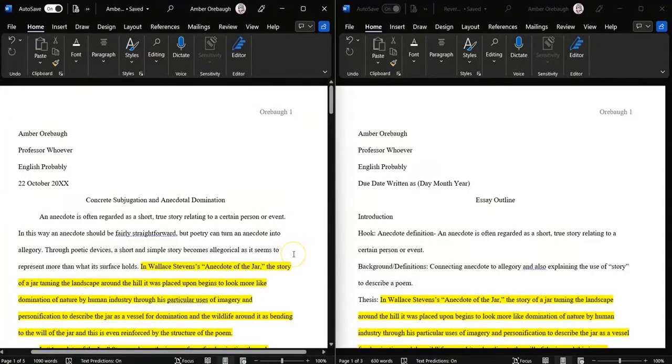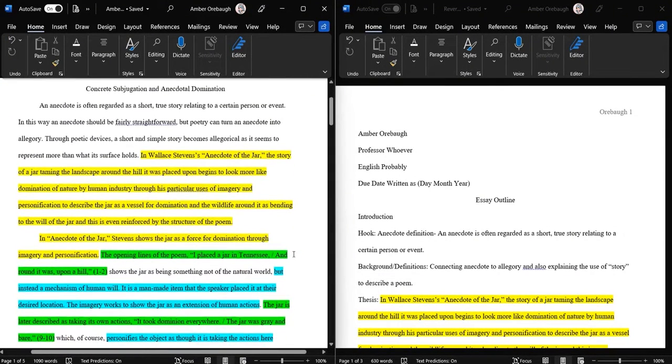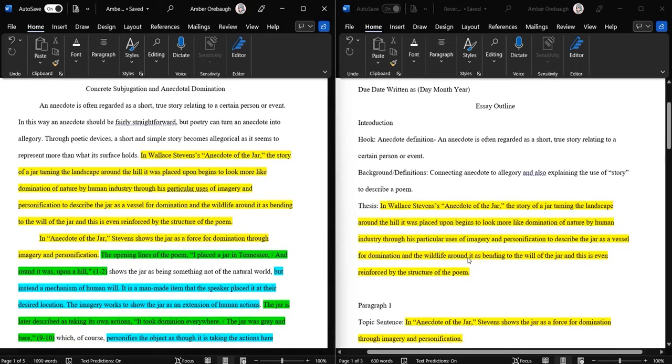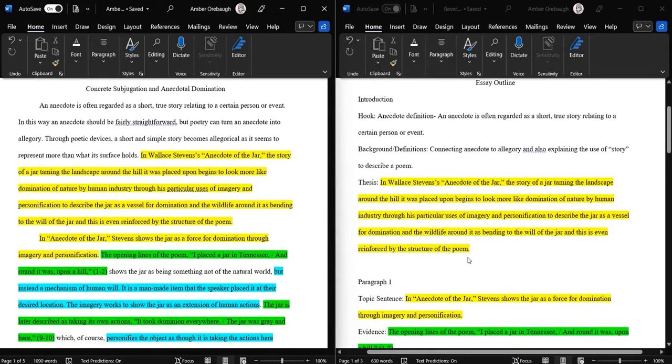So, to get right into it, as you can see on each side of my page here, I have my actual essay and then a sort of unformatted outline that I've thrown together. The first thing that you'll notice is I have my thesis on both sides completely pulled out. Here they're color coded so that you can see things a little bit easier, and you can see that I just pulled the whole thesis.